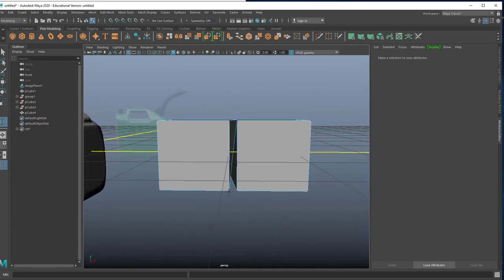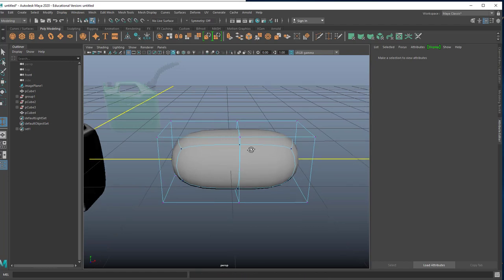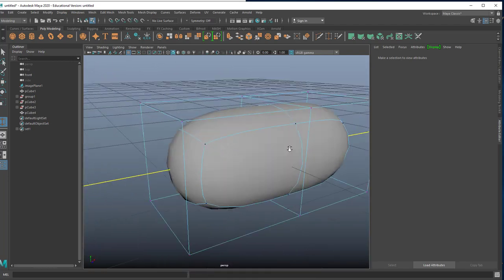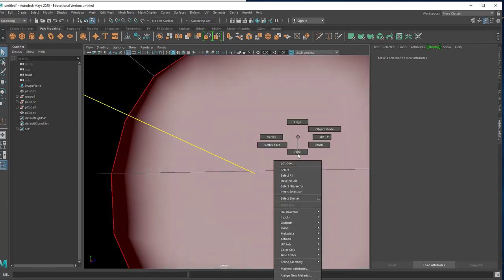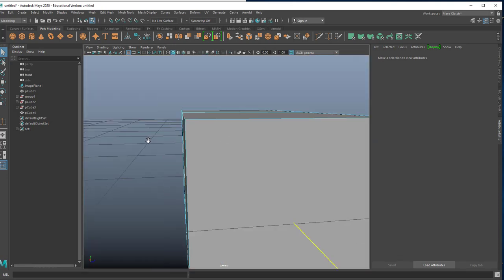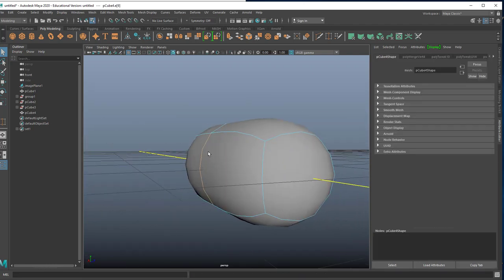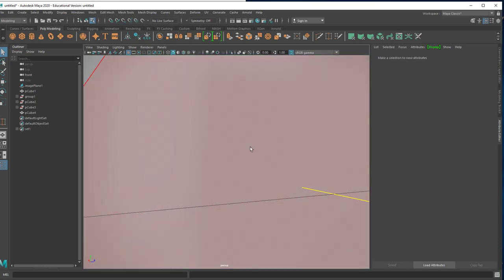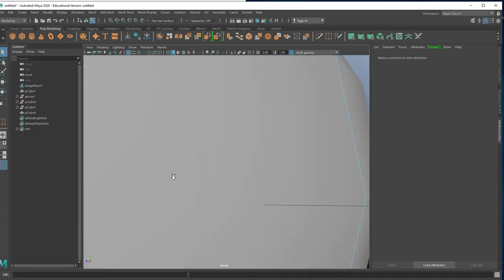You don't have to do this, but when I'm flying through an object, there's faces inside of here. See these inner faces? We want this to look like a tube, like a balloon animal or something. You know, when you can fly through the whole thing and it's just a big empty hollow shell. And so I should not be seeing any inside faces. Typically that can cause additional what's called tension on the surface of the model. So I would get rid of these by selecting them and deleting them. This is what I should see on the inside of my model, just a big empty pill, just a simple